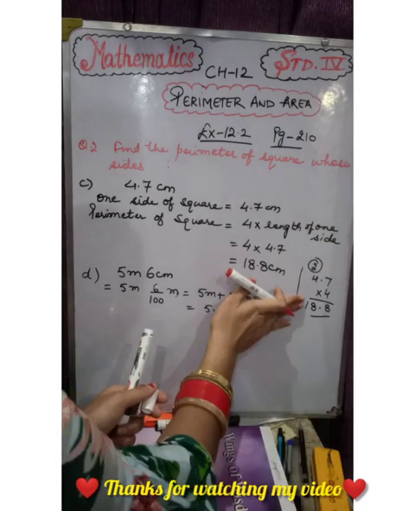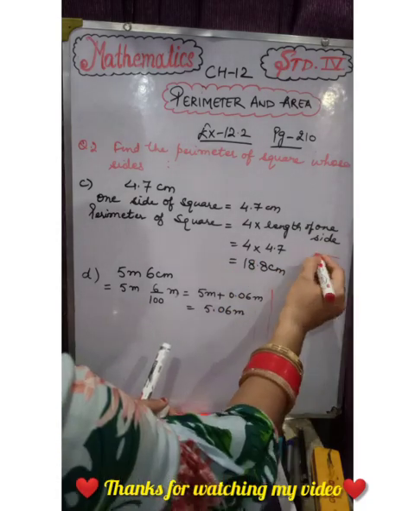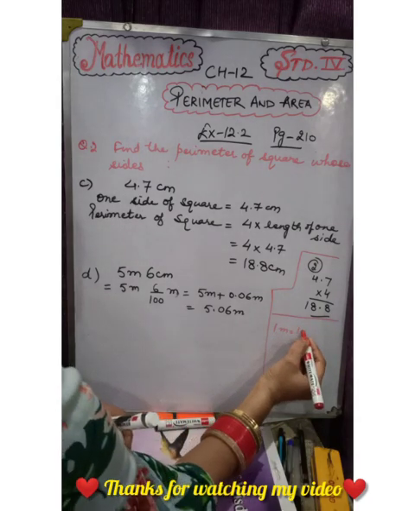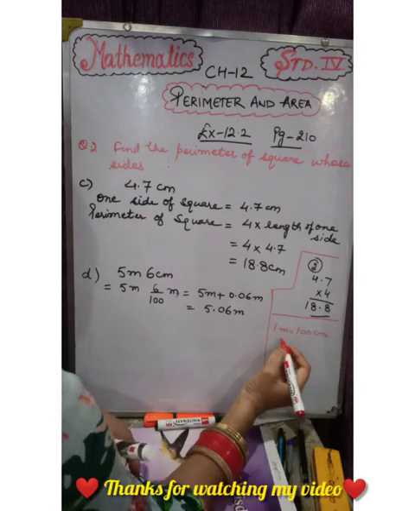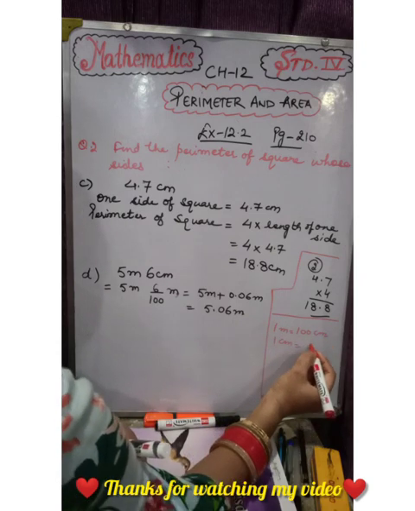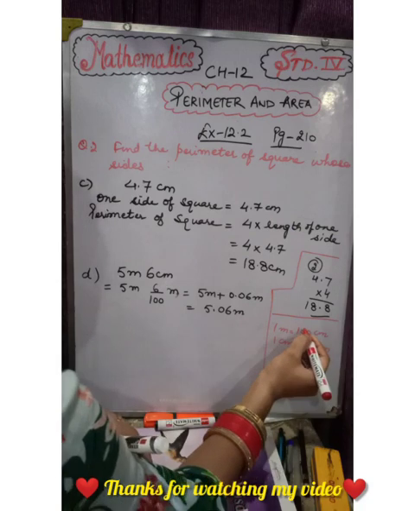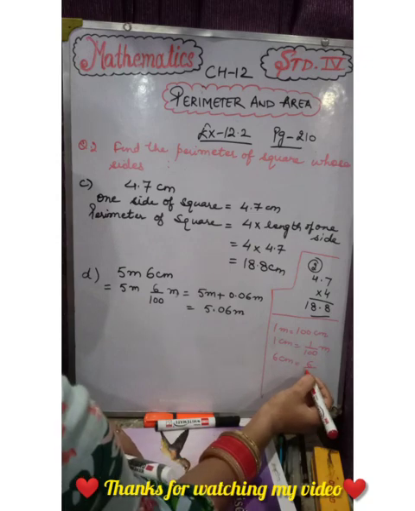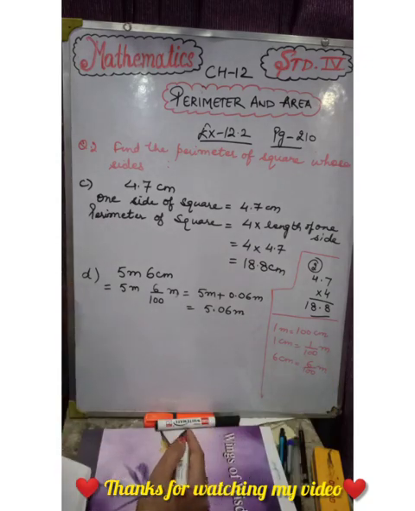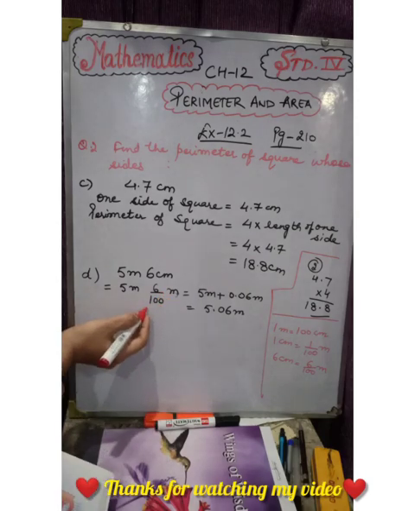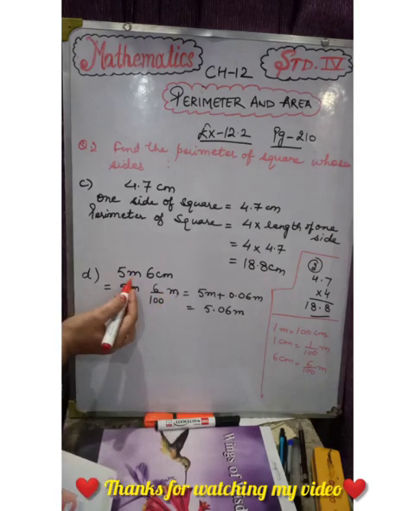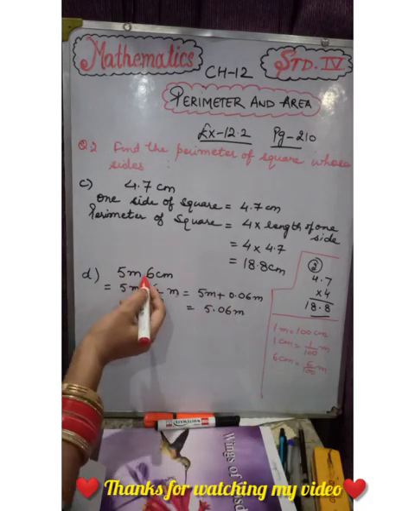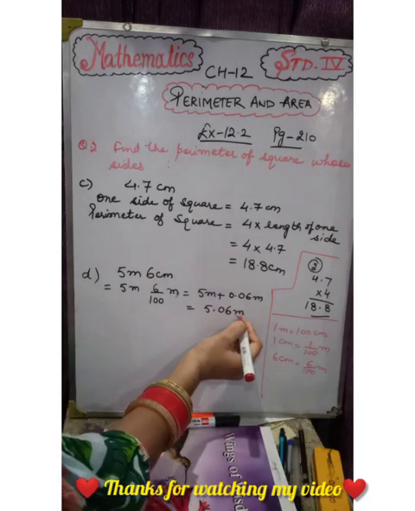Let's discuss this first. In 1 meter, 100 centimeters. In 1 centimeter, 1 upon 100 meter. ये 100 इधर डिवाइड में आ जाएगा. अगर हमारे पास 6 सेंटीमीटर है तो 6 upon 100 मीटर. So this way we have converted this 6 upon 100. You can convert meter into centimeter also. मीटर को करेंगे तो 5 मीटर का कितना बन जाएगा? 500 सेंटीमीटर. 500 सेंटीमीटर 6 सेंटीमीटर. So we have converted into meter.